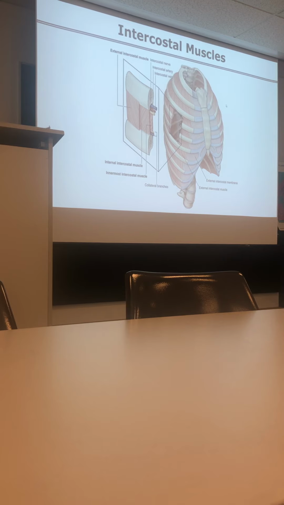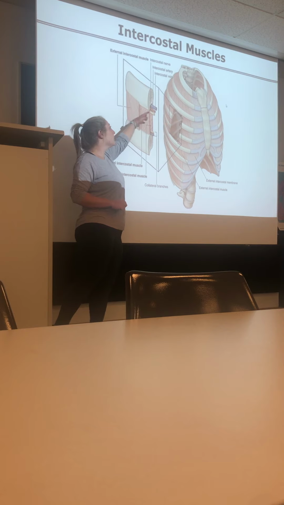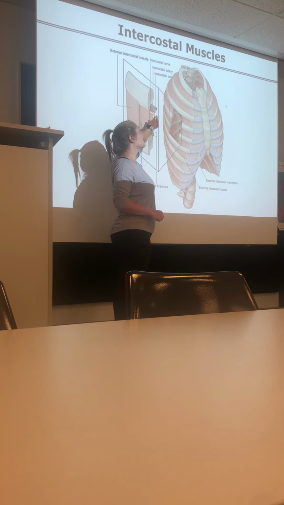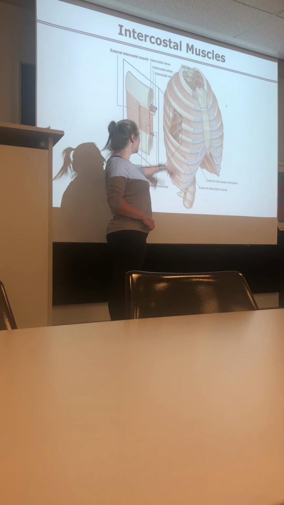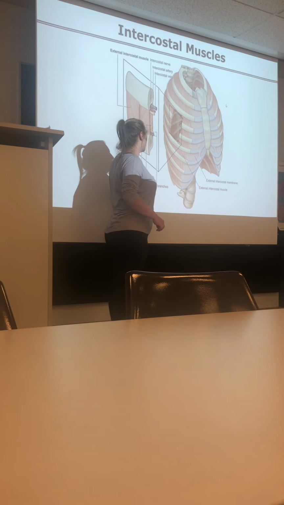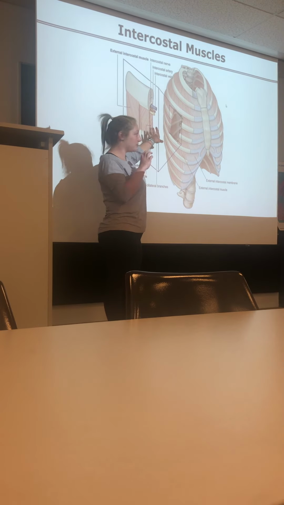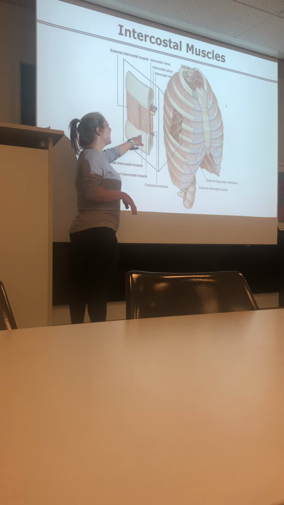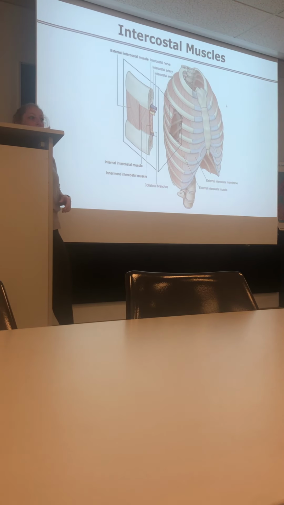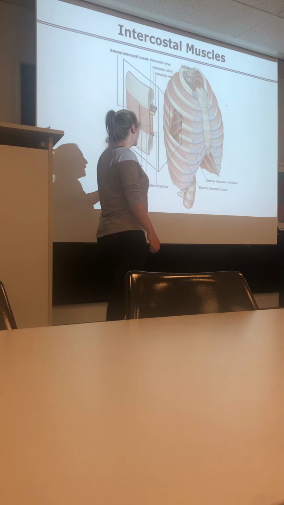So, you can see here, this is just the image. Underneath the rib, you have the costal groove, and that is where our vein, artery, and nerve are traveling. We also have collaterals running above each rib. Sorry, I forgot the word for the bone. Collaterals that are really small and you don't generally see them, okay? Unless you really spend time meticulously picking out the muscle. And you can see that they're running in between